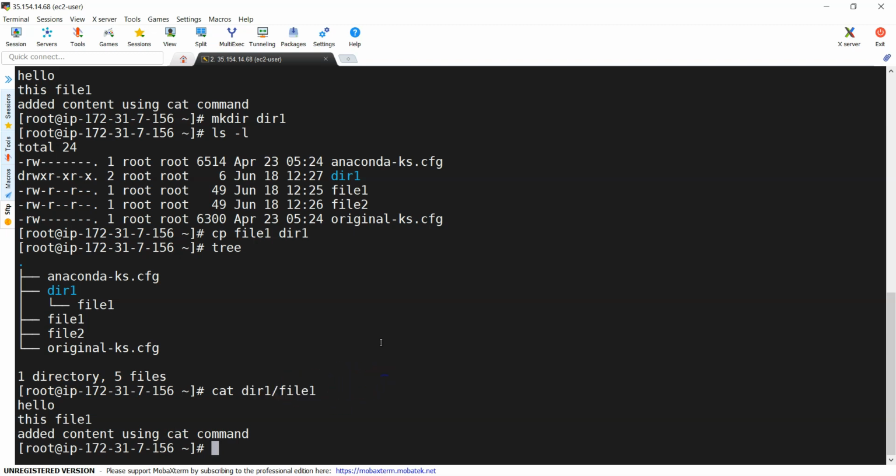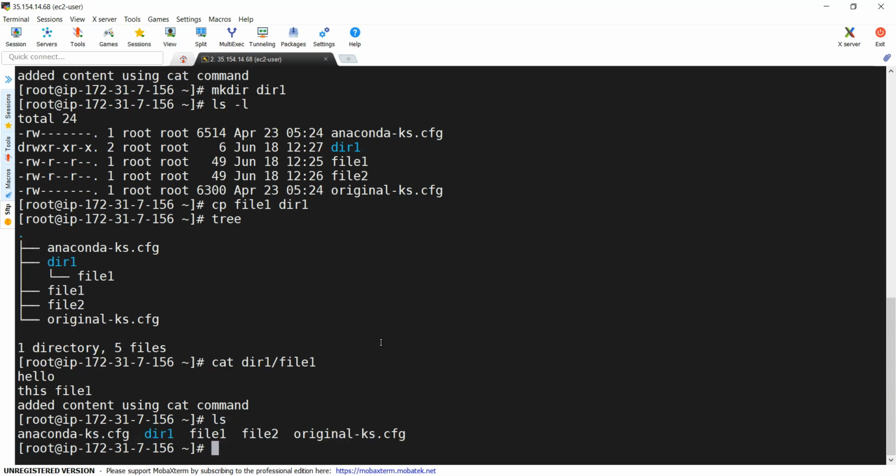And we can also use copy on directories as well. Let's see ls. Now you have directory 1. I want to copy this entire directory onto a new directory. Then you can use cp dir1 dir2, meaning whatever dir1 content is there, I want the same on dir2. Now in this case both are directories, right? So there is a problem with the cp command. If you use the cp command, it cannot copy directories. It just copies only files.